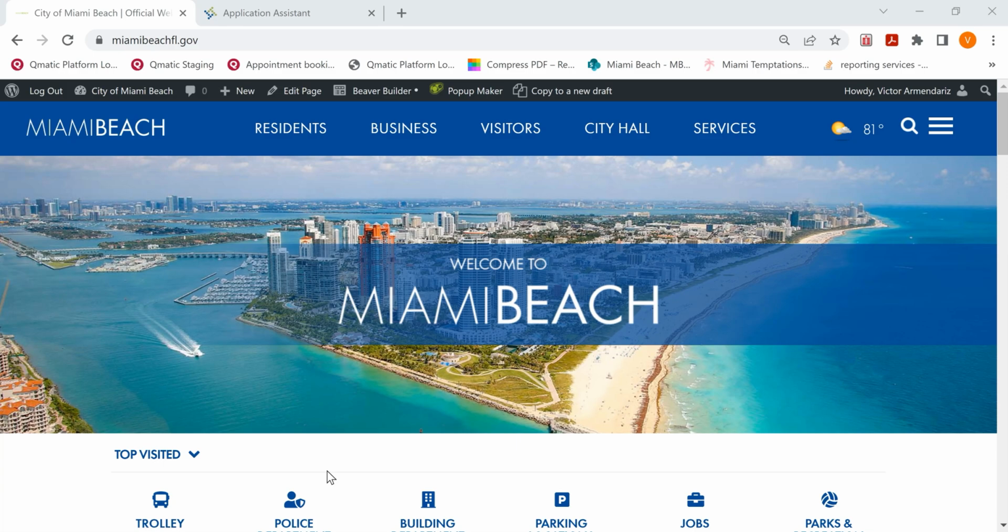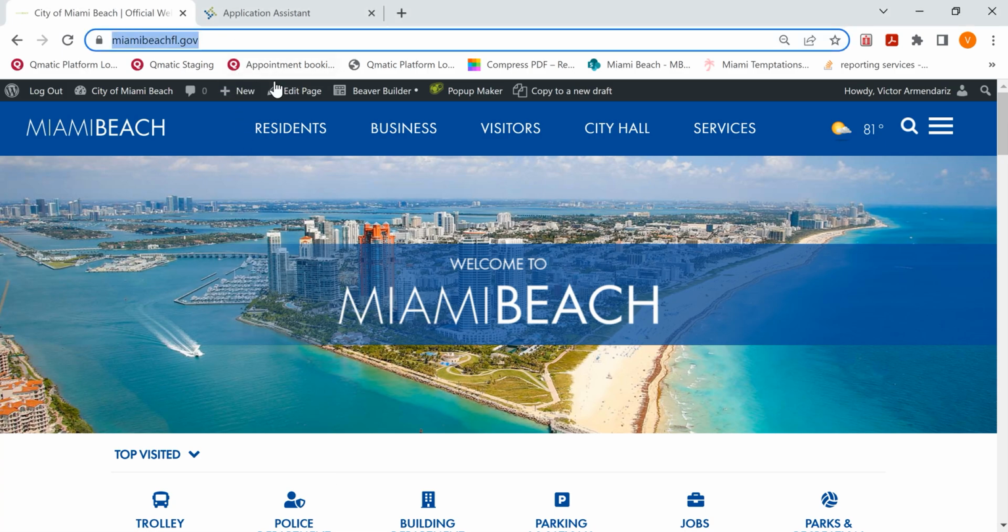Welcome to the City of Miami Beach Online Permitting Resource Center. Today's session will cover how to apply for permits online. Let's get started. Open your internet browser and go to